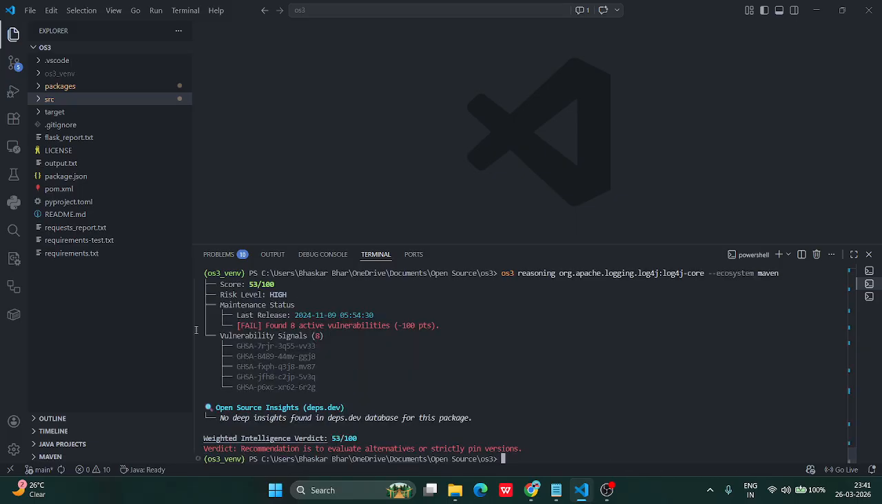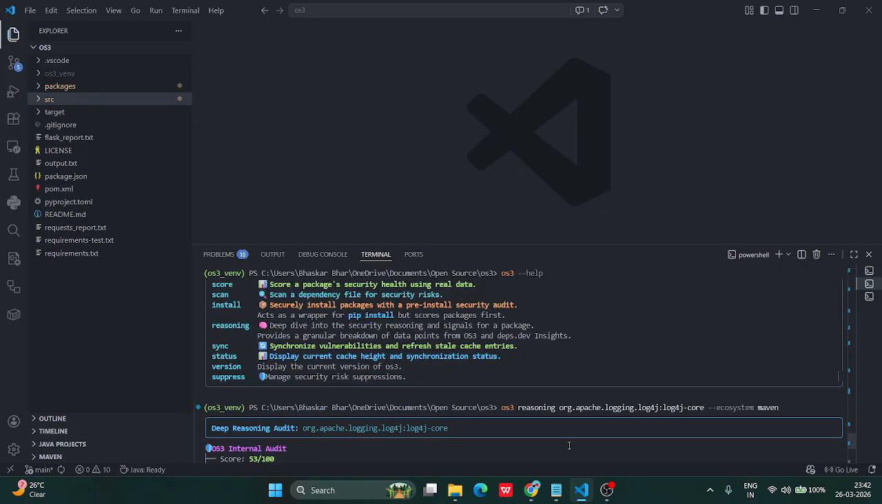As you can see, there are multiple vulnerability signals, and this is the weighted intelligence verdict. The verdict shows that the recommendation is to evaluate alternatives or strictly pin versions. Like use the latest version, remove the bugs, or search for better alternatives to replace the log4j module. But using the suppress module, we can ignore this warning, right? But before that, let's just see